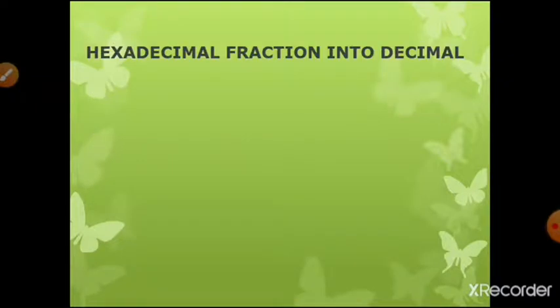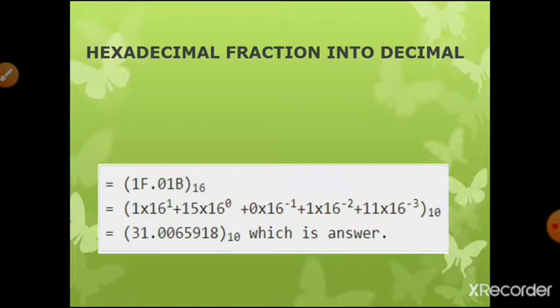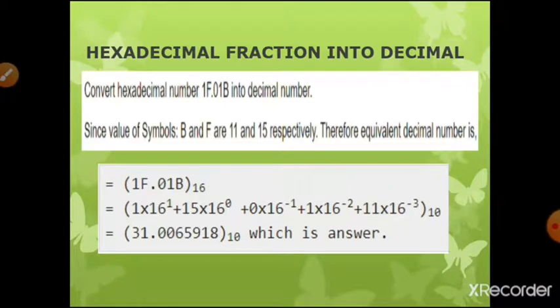And then hexadecimal fraction to decimal. Here also the same procedure that we discussed in the last slide. Each hexadecimal digit will be multiplied with its positional value. For example, here you have 1. The 1 is multiplied with the positional value of 16 to the power 1, and F is nothing but the hexadecimal number 15. So 15 is multiplied with 16 to the power of 0, and then in a similar way